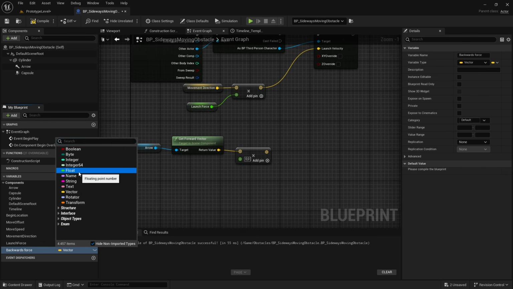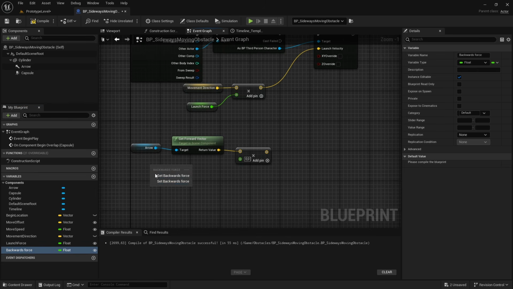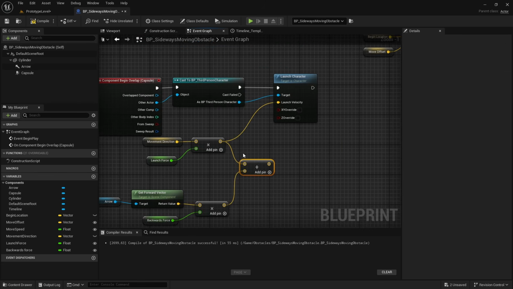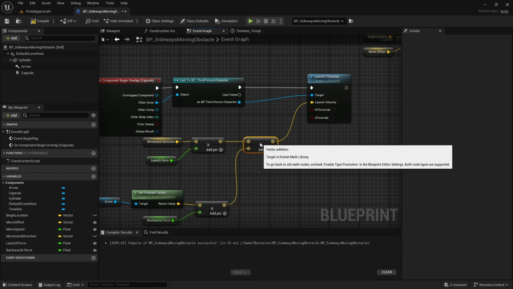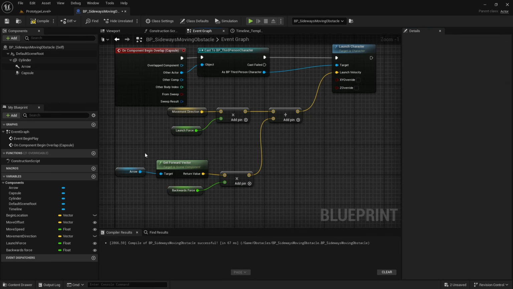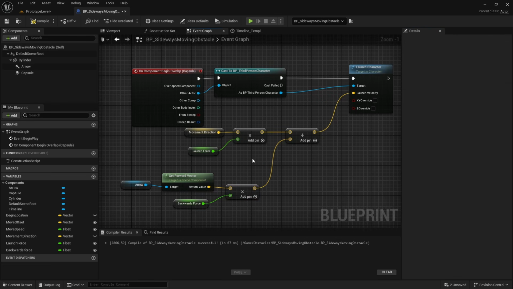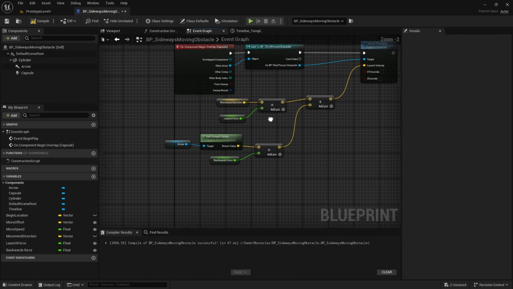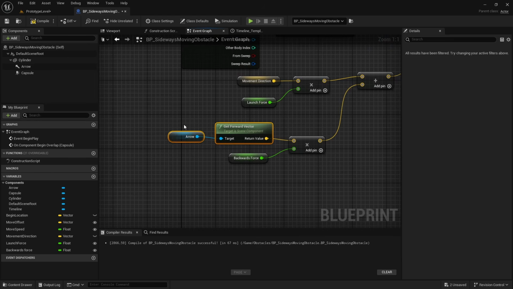This should be a float. We're also going to make it instance editable by clicking on the eye, and we're going to plug this into the multiply. And then lastly, we're going to add it to our already existing launch force. And then that will go into the launch velocity. I'm going to give this a default value, compile, save, of let's say 1,000. Might be way too big, but we'll find out. So what's going to happen is this movement direction that we've calculated above will be multiplied with the launch force. And on top of that, we also have our arrow,